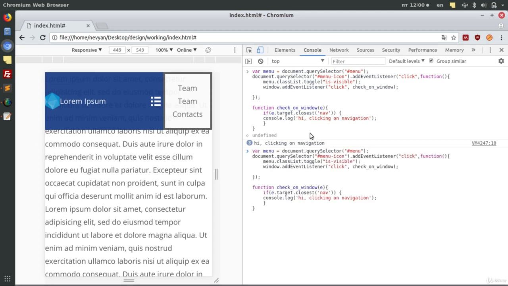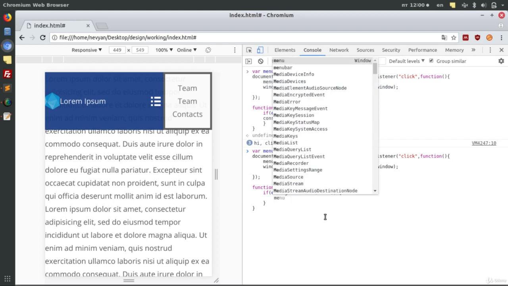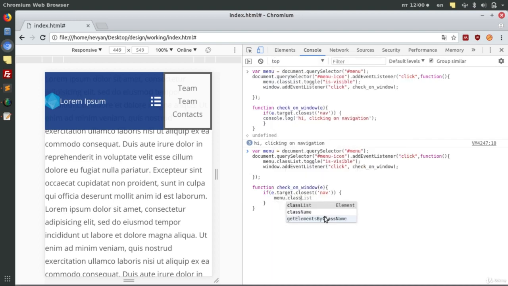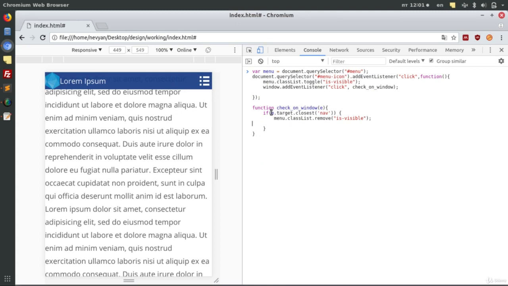The last thing we would like to do is inside here, instead of saying clicking on navigation, to remove the visibility of the navigation. So we will just type menu class list remove, and the class of is visible. The code says that if we are on the navigation, to remove the class list of visible, but we actually would like to run this code when we are on the content. So we'll just type if we are not on the navigation, just remove this class of visible,